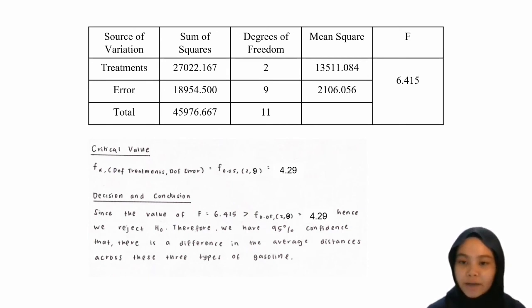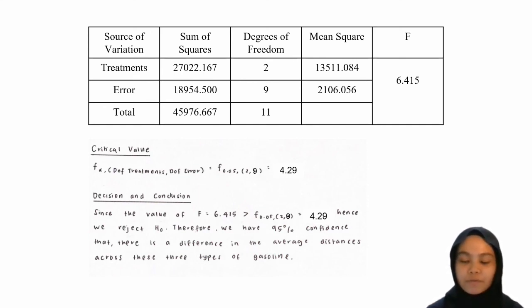In order to find F, we find the mean square first. How do we get the mean square? By dividing the sum of squares by their degrees of freedom. For the treatment, we divide 27022.167 by 2, and we get the mean square treatment, which is 13,511.084. Then we find the mean square for error using the same method, and we get 2106.056. Now we find F by dividing mean square treatment by the mean square error, and we get F equals